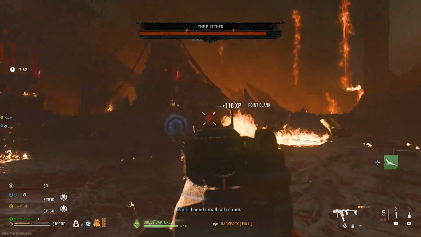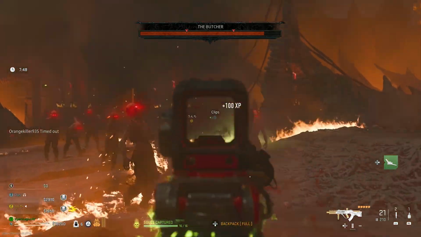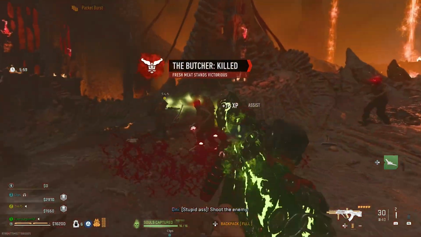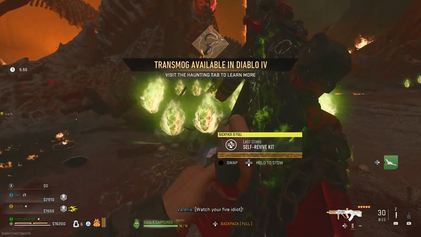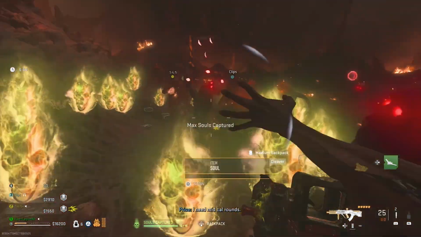All you have to do is shoot the Butcher until he dies. The Butcher has some pretty strong attacks, so definitely watch out and don't get too close. But eventually you will do enough damage and defeat the Butcher. Upon killing the Butcher, he will drop a ton of souls, which is what you need for the haunting event to redeem your rewards. In addition, he drops his meat cleaver, which can be sold at a buy station for